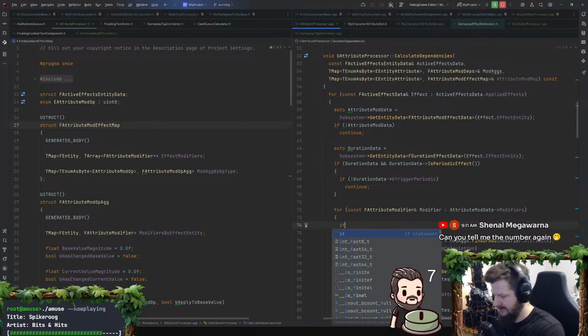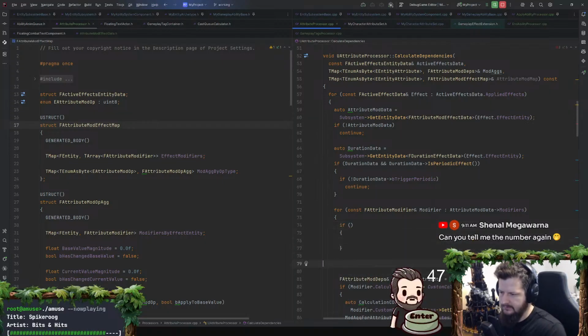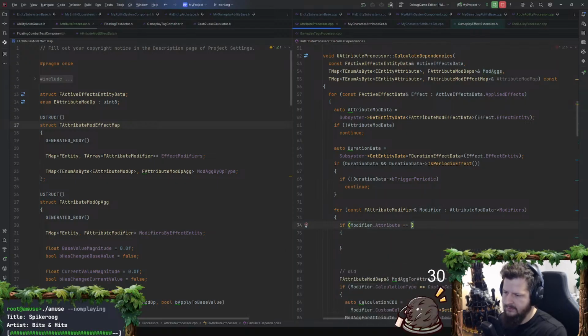Okay, let's start doing things here. Let me put a hold there for a second. We're still gonna need that. I just want to separate what I'm doing here. Modifier, attribute.